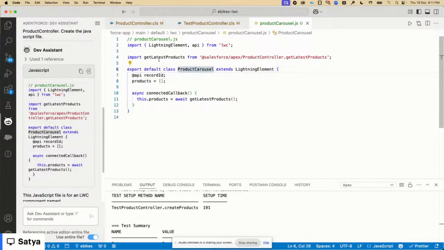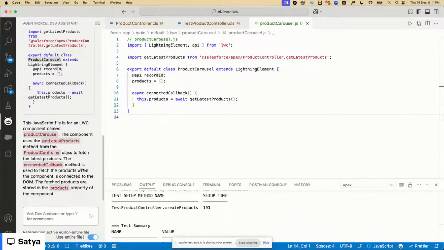In fact, you can see that it understands, it got the get latest products method and imported it here, and then it has created a products property, and then it has created a connected callback. This is not what I want. I also want to wire it. So let me